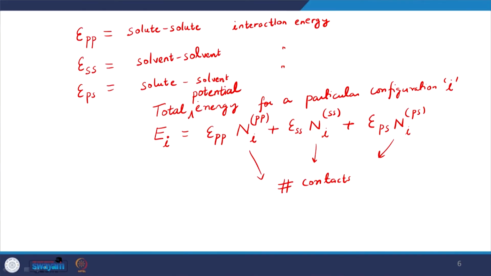So, as of now we do not have the momentum in the system, we are only looking at the potential energy, or we only look at the configurational part of the energy. The next is going to be the kinetic part of that, but we will show that it is not so consequential for what we are trying to discuss. So, with that I wanted to conclude the discussion today.